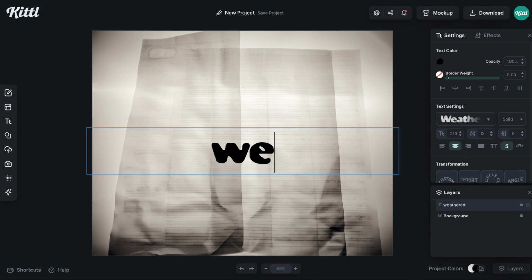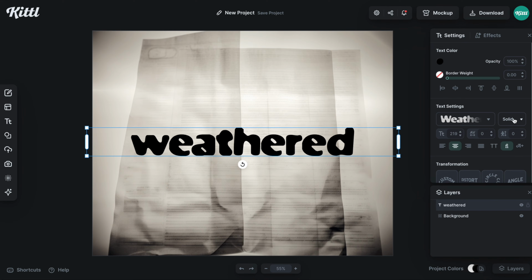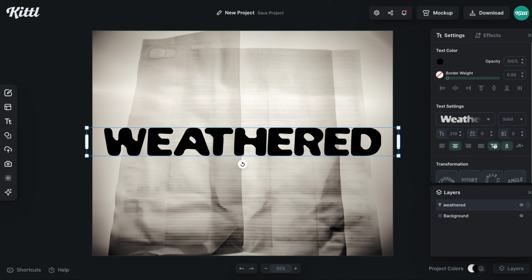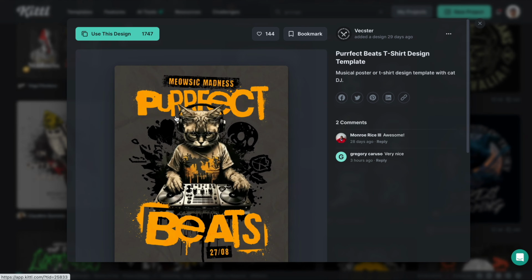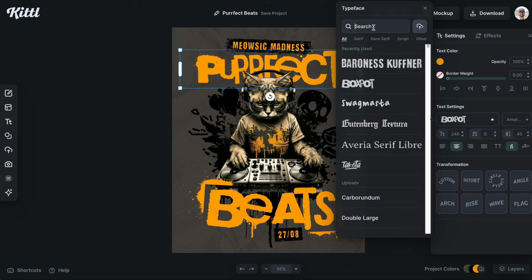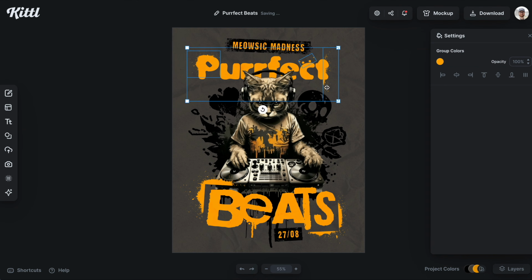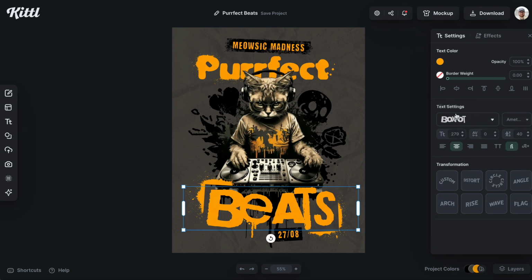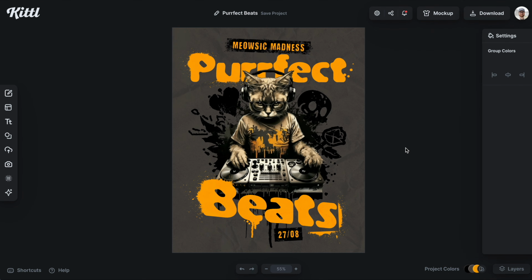And lastly, Weathered. Weathered has that ink bleed texture that has been kind of trending around for a while. Deeply rooted in punk style, the organic shapes and uneven edges created by ink bleed give a sense of fluidity and motion to the text. This dynamic quality can align with the urban energy and vibrancy of streetwear culture. Also, the unpredictable nature of the ink bleeding adds an element of randomness and, again, individuality.